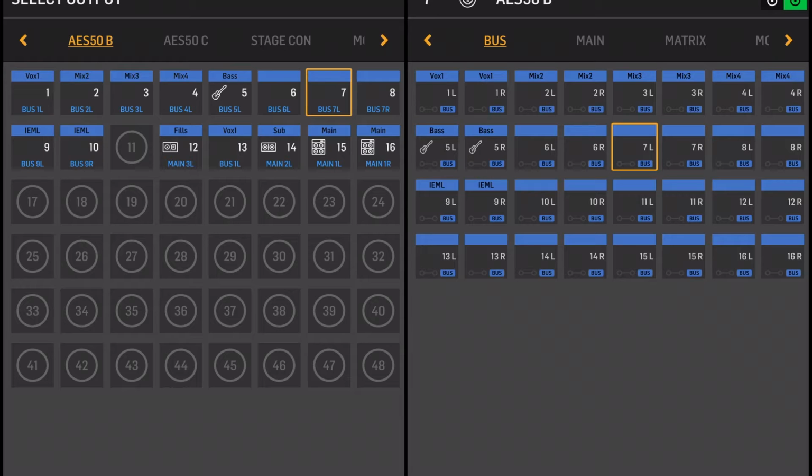So I selected it on 7 and 8. That's going to be 7 left and 7 right. So you could do this in anything. Somebody shows up and they want in-ears on mix 1. You could change our output on this to where mix 1 is mix 1 left and mix 2 is mix 1 right. So we're still using our stereo outputs, which is nice, having essentially 32 outs, if you want to